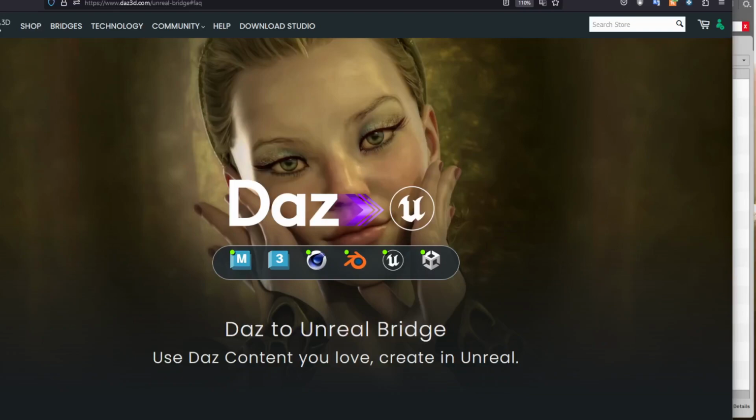What's up, everybody? Okay, so we're gonna learn how to use the DAZ to Unreal plugin. They've just recently updated them, so let's have a look at them. Okay, this is the installation process. You can choose which ones you want to install. The best bet, people, is